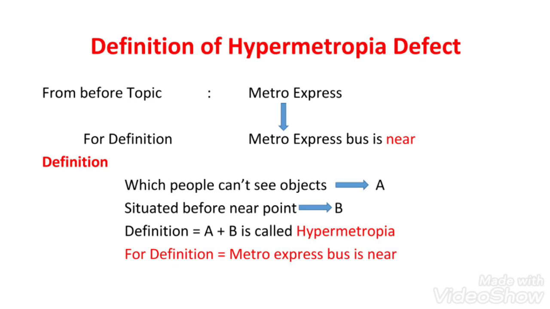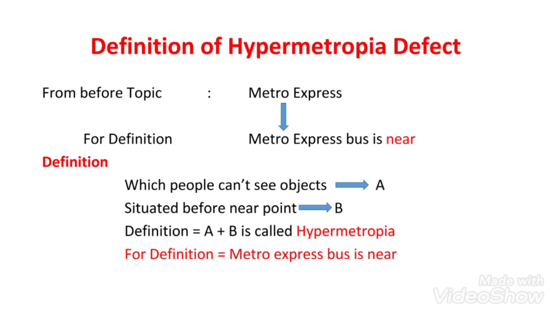From the previous topic you have Metro Express. Metro Express, I am taking "Metro Express bus is near". I am changing the words. For the definition, if you want to remember it easily, you have to change to "Metro Express bus is near". Using that sentence, you can write